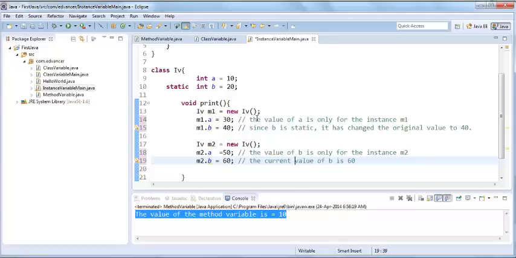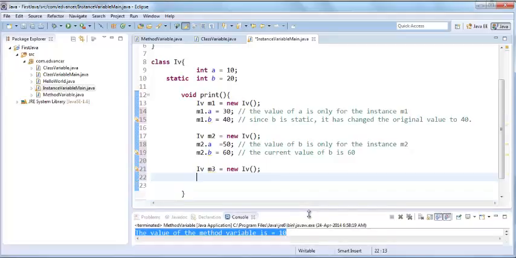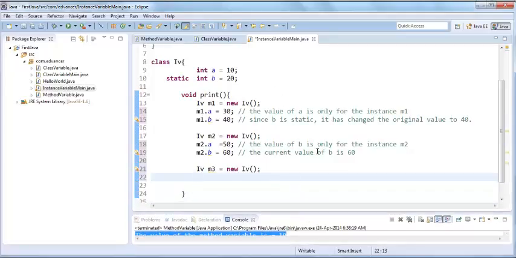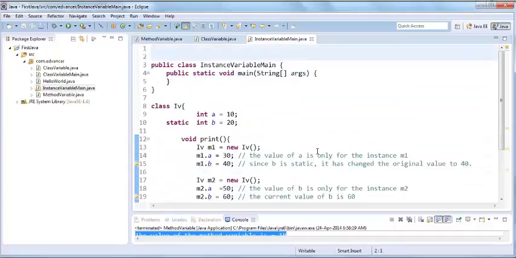I should say the current value of B is 60. That's correct because I've changed the original to 60. Now if I create a third instance variable M3 is equal to new instance variable, and let me print out the values. So let me minimize this so that you can actually see things being worked. So if I say sysout of M3.A and then sysout of M3.B, let's call this whole function